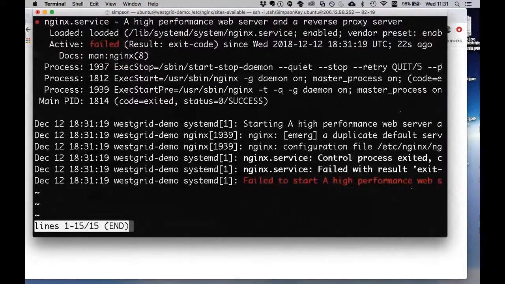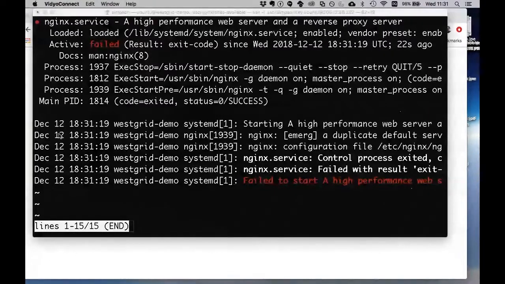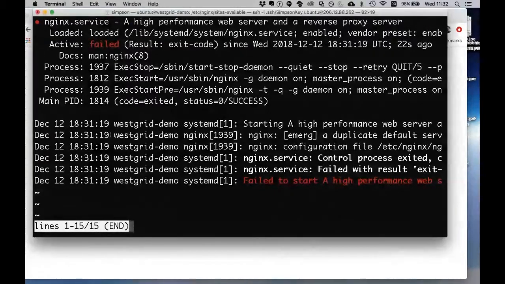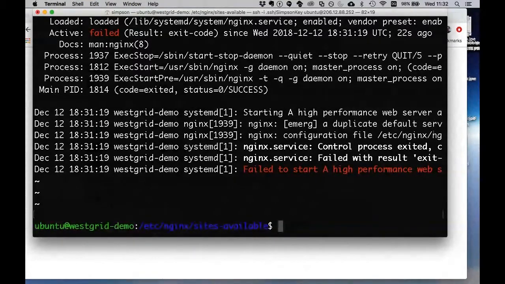What you should be able to see is that here on this second line, it says we've got a duplicate default server, right? So what this means is that we've got too much that's competing inside that sites enabled directory. So to get out of here, I'm going to hold Control and C. And what we need to do is look inside